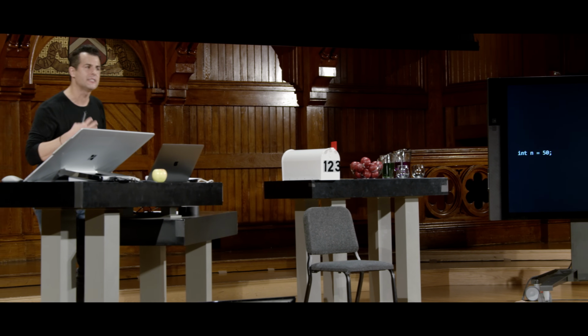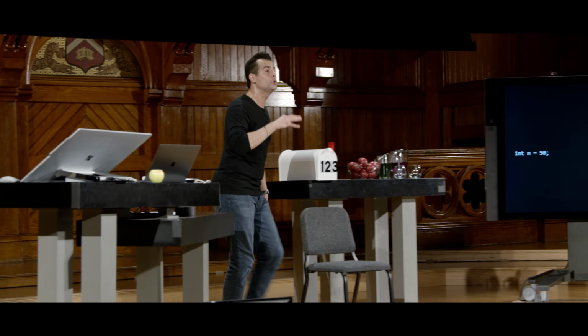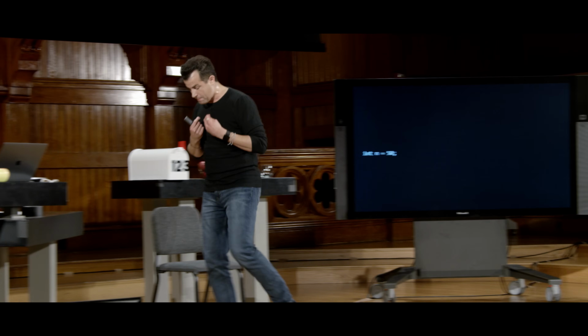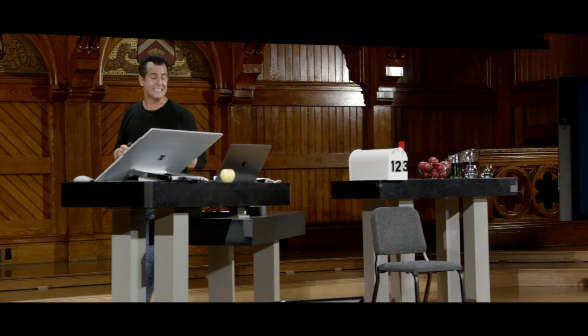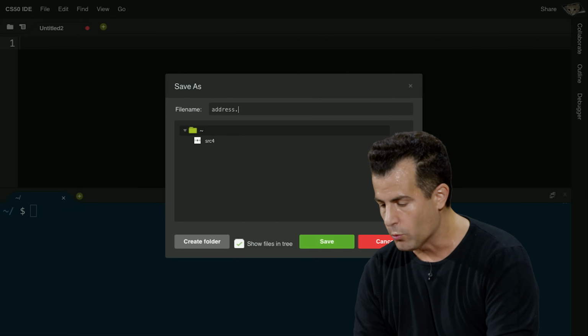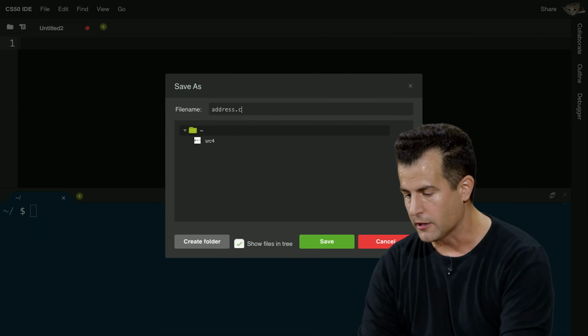Well, let's now see some examples of what's going on truly inside of your computer's memory. And we'll see where hexadecimal is germane and how we can now start manipulating things more carefully inside of the computer's memory. This, of course, is just a line of code involving creation of a variable called n. And that variable is having stored in it the value 50. So let's go ahead and whip up a quick program that does exactly this. I'm going to go ahead and call this address.c, just to convey that we're going to be playing with addresses in the computer's memory.